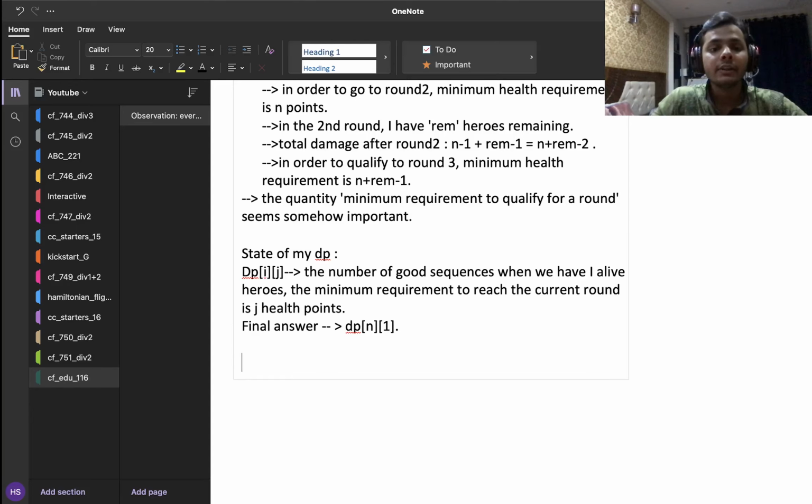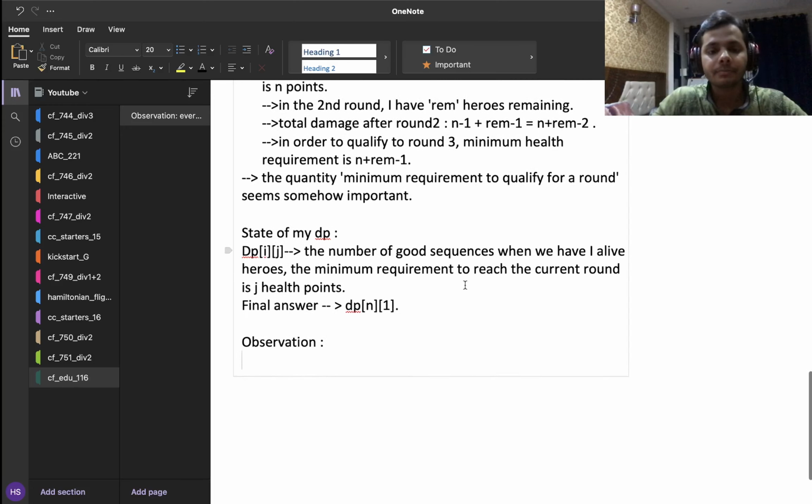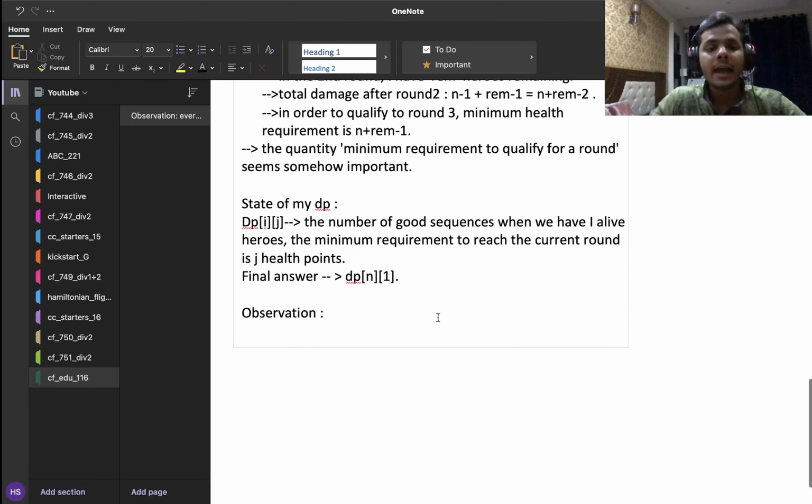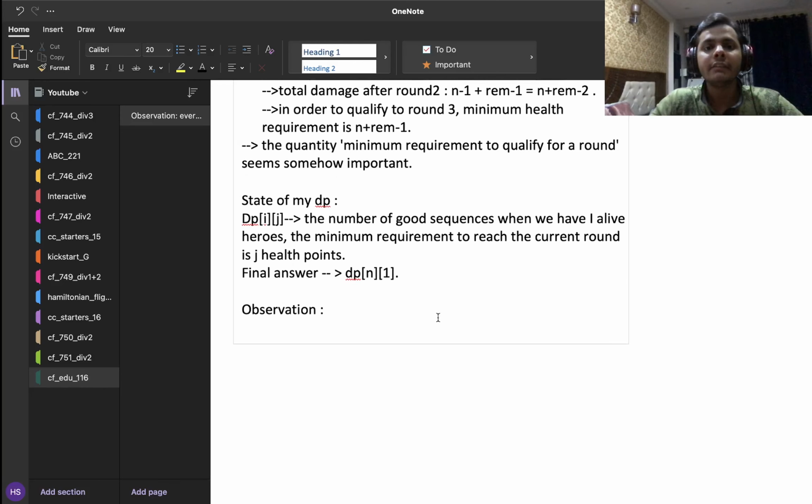Great. So now to make transitions, I will make another observation. I'll try to define a range, and that range is the range in which if a person's health is in it, then he is absolutely going to die in the current round. He's going to surely die, right?